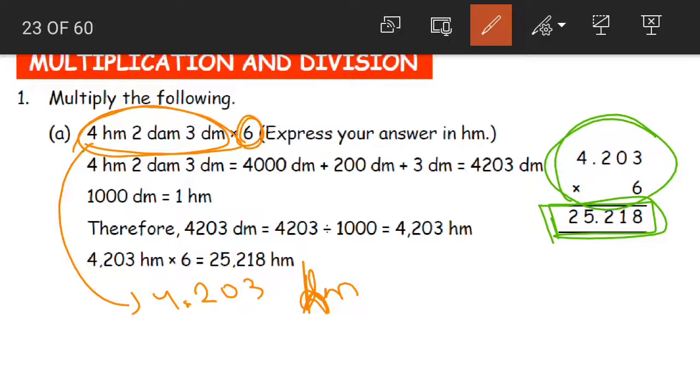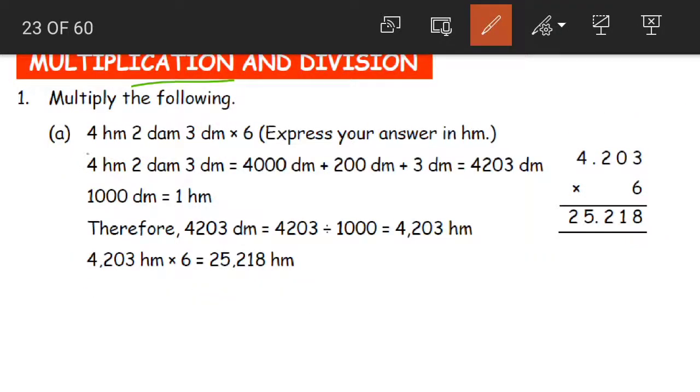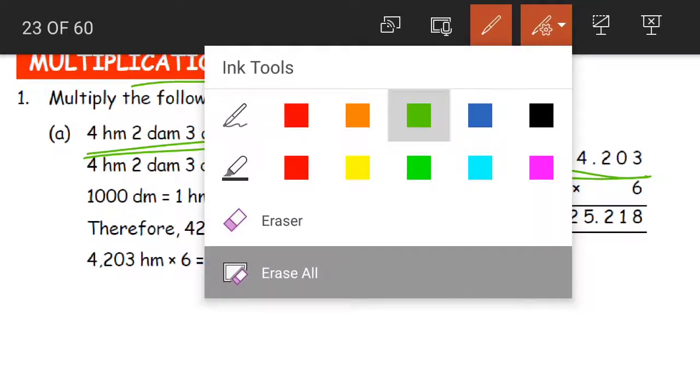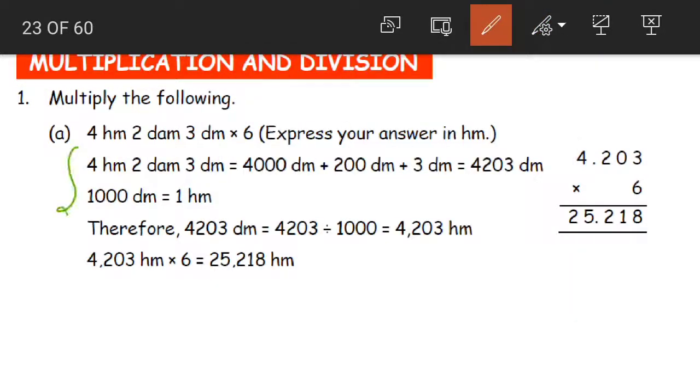How to multiply a decimal number by a natural number, right, children? Now what is that we have learned? We have learned that first we need to convert. We have already learned how to convert different units of measurement. We already know how to multiply the decimal numbers. In this multiplication, we have combined both the things. We have combined the conversion and also the multiplication of decimal numbers by whole numbers. Yes, so this is the first way of doing as given in the question.